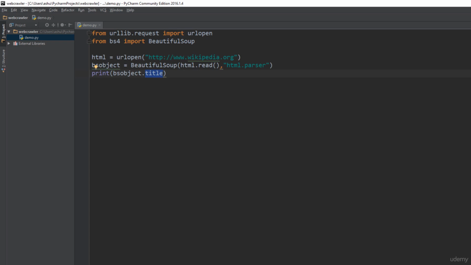So that's it for this lecture, and these were the basics of a web crawler. These are just the basic concepts which I thought I should explain before we jump into building a web crawler. In the next lecture, we are going to learn what a web crawler is and how a web crawler actually functions, and we are going to start building our very own web crawler in